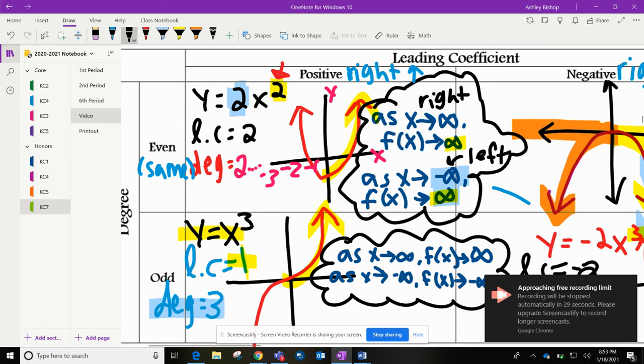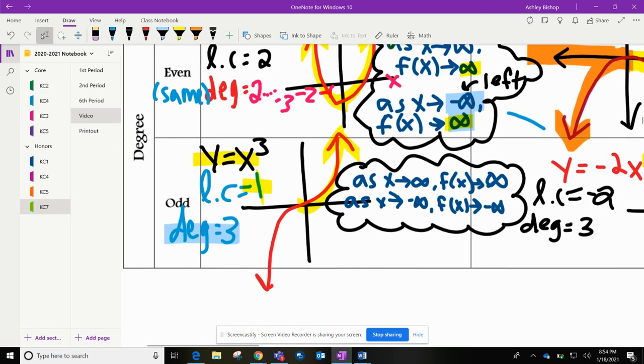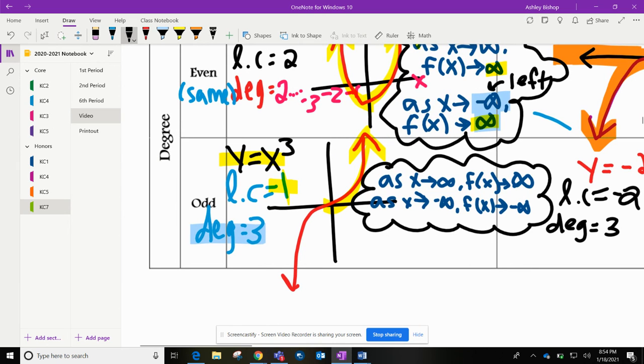So the right-hand side of this graph goes up, and the left-hand side of this goes up because my degree is even. If my degree is odd, they're going to do opposite things. Alrighty, and so my right-hand side goes up and my left side goes down. Same thing with